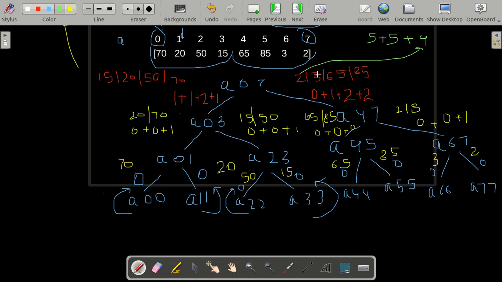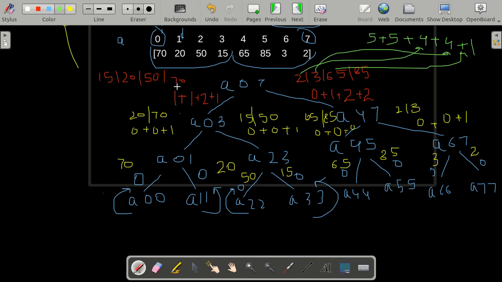Then I will take the next element, that is 3. Is 3 less than 15? Yes, it is less than 15. So all these elements will be an inversion with 3. So plus 4. This 4 is due to this 3. Now I will check for 65. Is 65 less than 15? No. Is it less than 20? No. Is it less than 50? No. Is it less than 70? Yes. So now only one element is left. So we'll add 1. This 1 is because of 65.